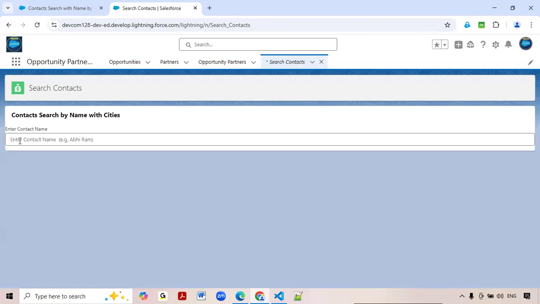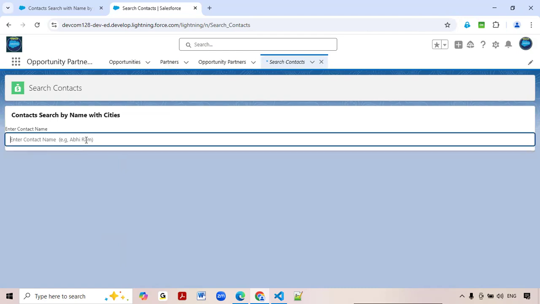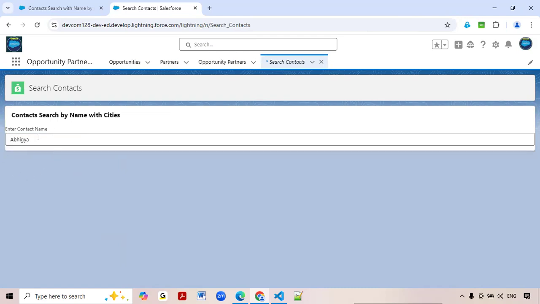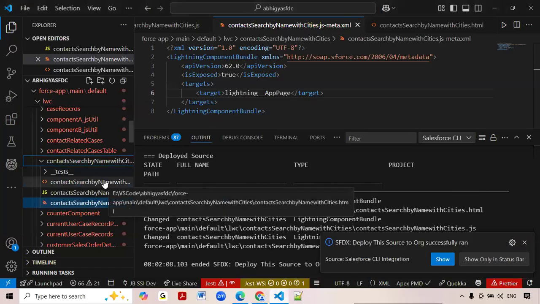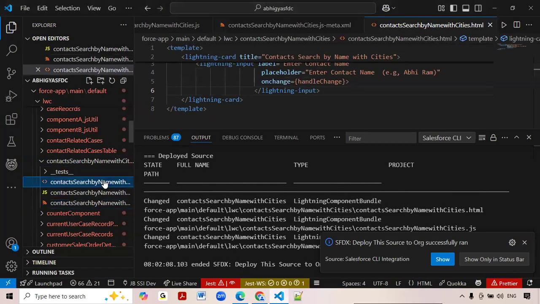So here you have to observe. So enter the contact and we have the placeholder. Enter contact name example like this. Now here we are going to give Abhigya. So user can enter the contact name. Then later they are expecting one button. Once we click on the button, we need to get the contact information with matched records,